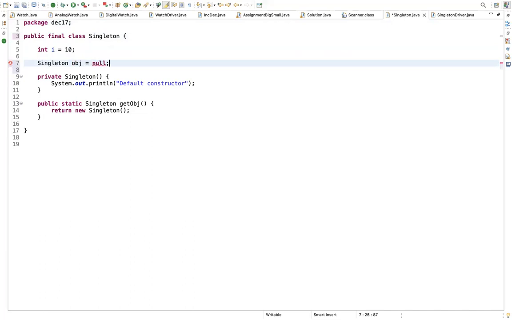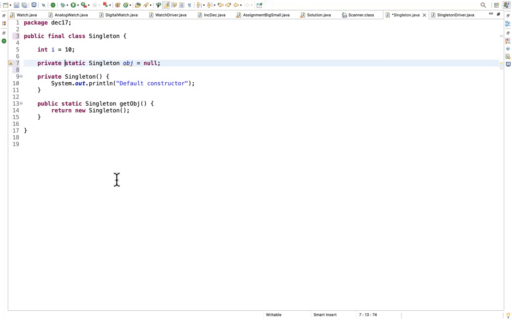Now, within your static block, we are going to do one additional check. You're going to get an attribute, obj, which is defined outside. But that is actually an instance object. So I want to make it static, only then I can access it at all levels, right? So I'm going to add the keyword static in front of my object obj. In line number 7, add the keyword static. Also make that attribute private, so that no one can access it when invoking from outside, so the visibility is only within that class.